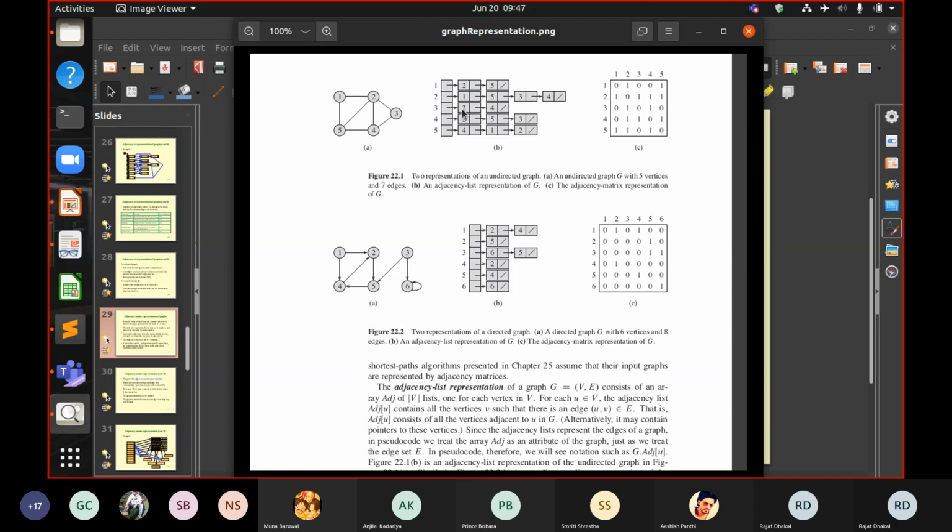Sir, about the adjacency list, I didn't understand the undirected graph of B. Which one? The undirected graph. Sir, can't it be 1, 5, and 2? It can be 1, 5, and 2, no problem. That works too. Sir, and at last there is 5, 4, 1, 2. I didn't understand that. What is it about 5, 4, 1, 2? At last, 5, 4, 1, 2. Now look, it says 5 goes to 2, 5 goes to 4, 5 goes to 1, 5 goes to 2. Is that what you mean?